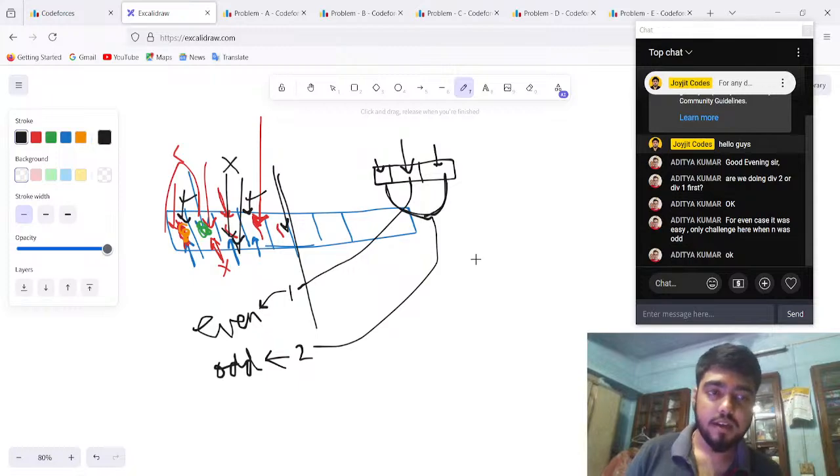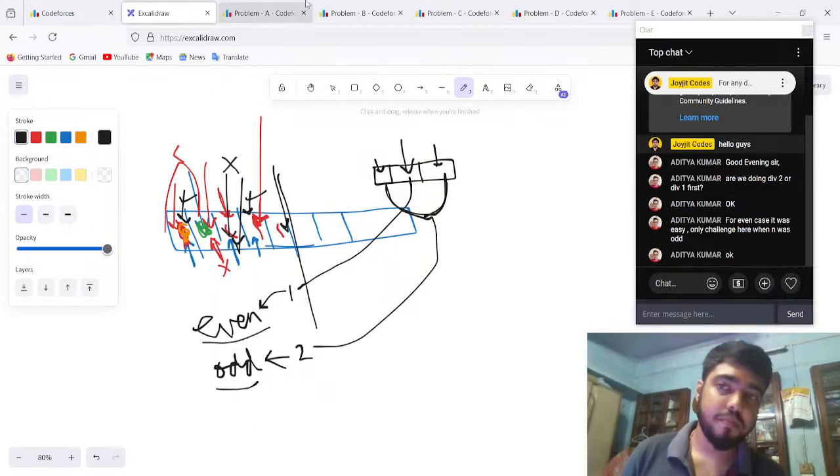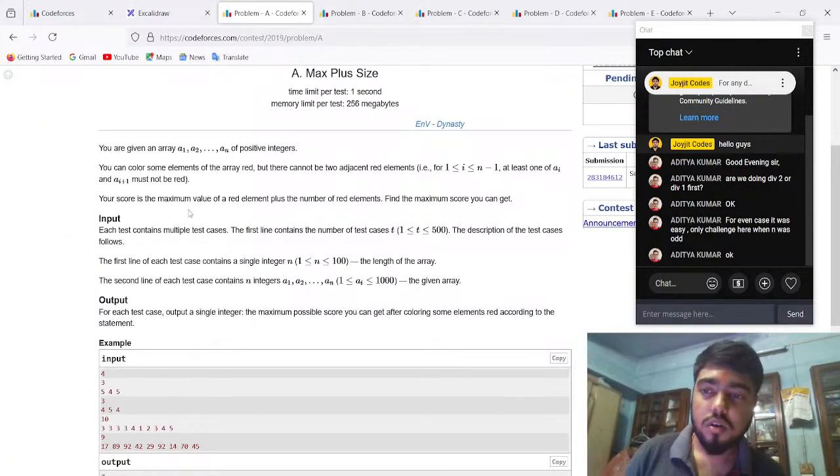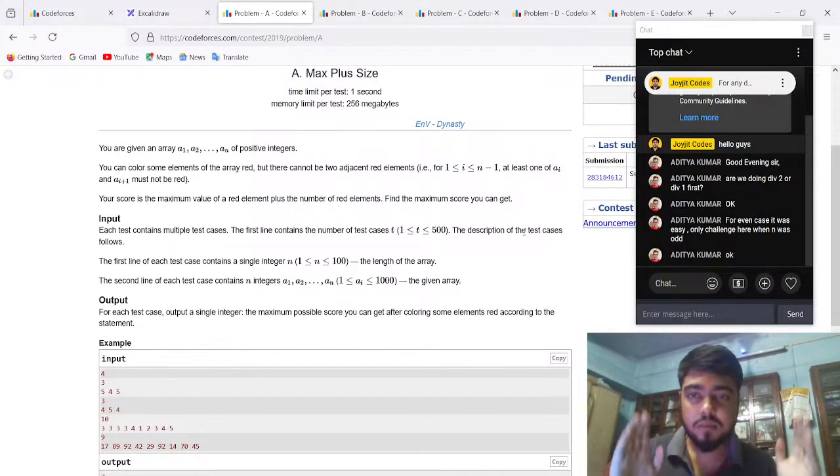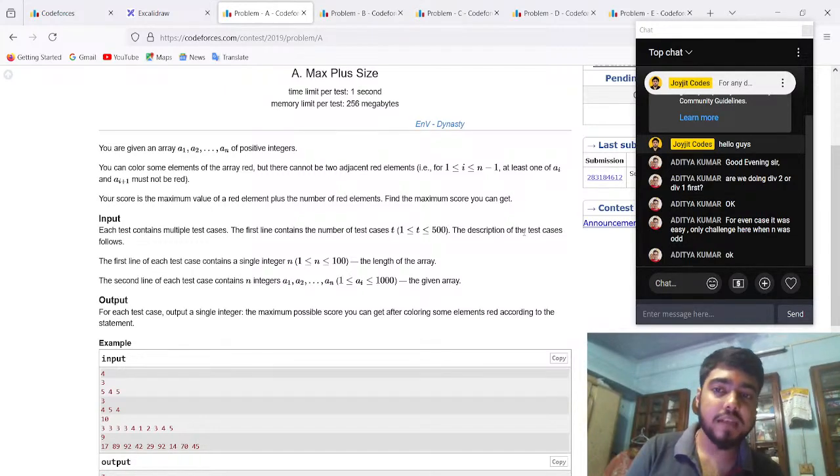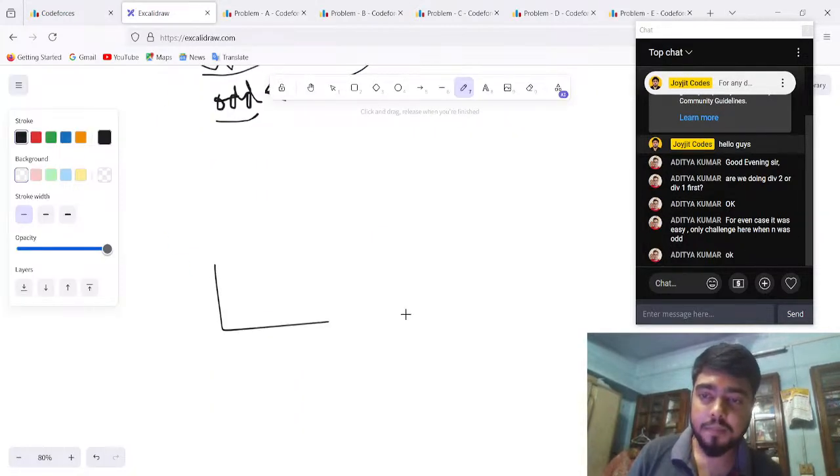You get it? For the even positions, you have to find the maximum, and for the odd positions, you have to find the maximum, and then combine them, because it was given in the question that your score is the maximum value of a red element plus the number of red elements. Because you have to maximize the number of red elements also, and you have to maximize your score also. You may think that you're taking the maximum value,